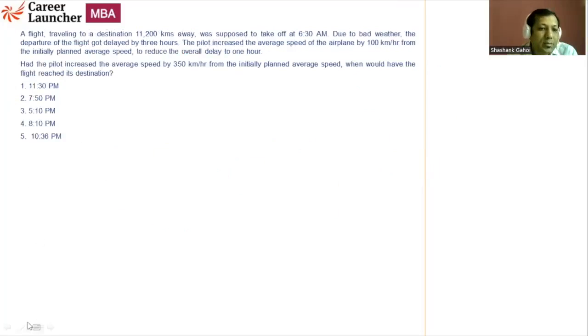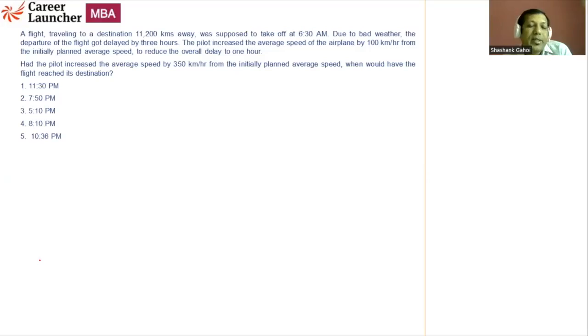Let's see this question. So if you are going to read the question for the very first time, and read slowly, you might think that the answer cannot be determined, but it's not like this. If you read the question twice and make equations, you are going to get the answer. And it's not that difficult.